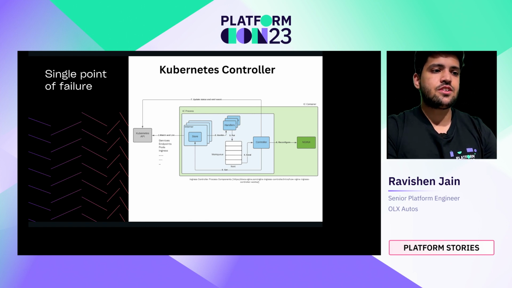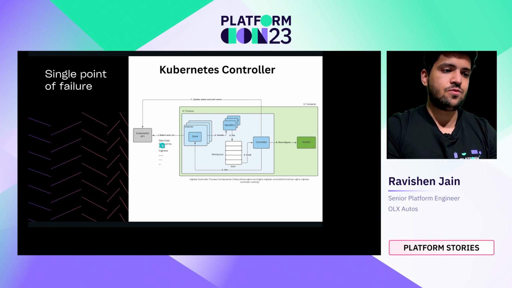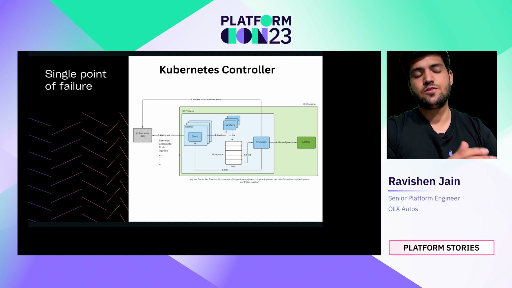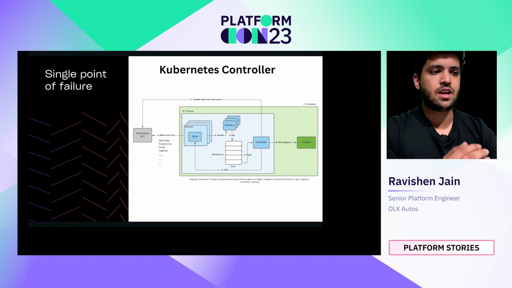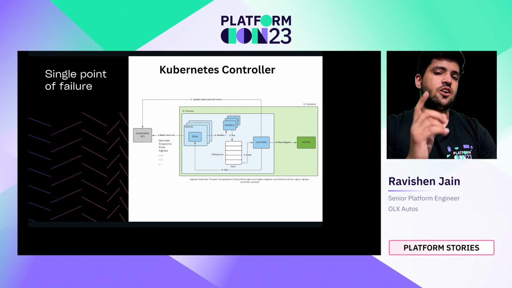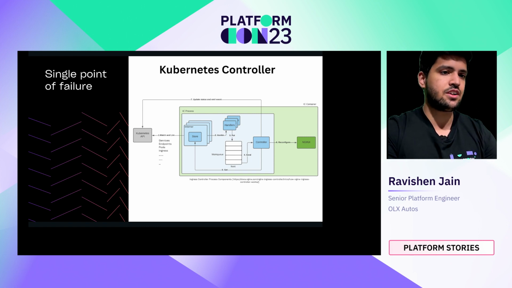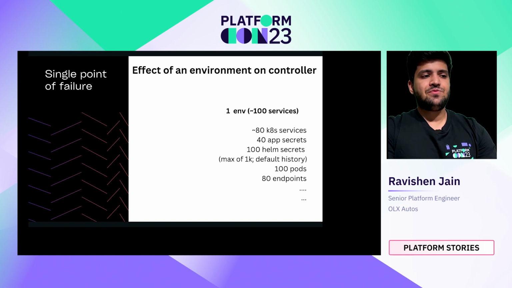So one of the things which was the issue was, as we grew in terms of number of environments, our number of resources was also increasing linearly. So our number of services, endpoints, pods. In the case of Nginx, it applies a watch on services, endpoints, pods, and ingress. And every time there is some change in any of those resources, a reconciler has to reconcile the configuration again and again. So this might not look like much when you consider a single environment, but